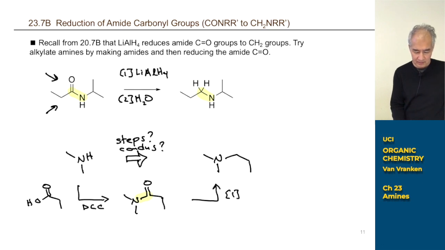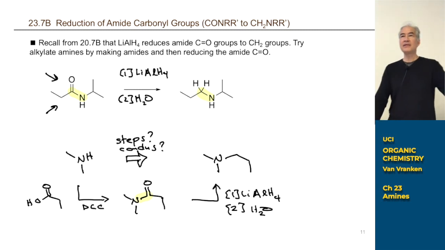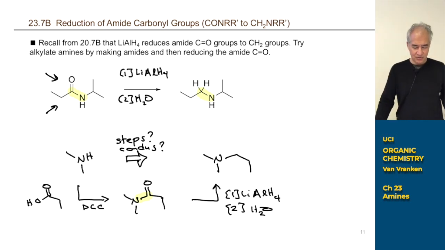Step 1, lithium aluminum hydride. Step 2, water. And if you make methamphetamine in your garage this weekend, you're going to be using this method to put that N-methyl group on there. You make an amide, you do lithium aluminum hydride reduction. So it's not some sort of Gabriel synthesis or SN2 chemistry that you're using for that. All right, so